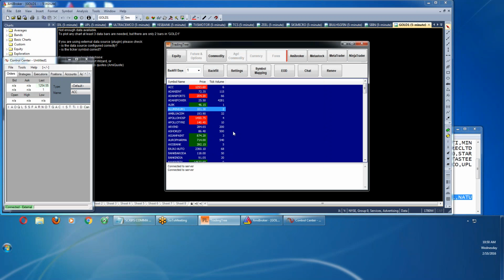I'm just trying to open only the commodity charts now. So I have just chosen aluminium, copper, crude, gold 1, gold 2. I have lead, mentha oil, natural gas, nickel, silver, and zinc. So I'll just take the backfill for 60 days,